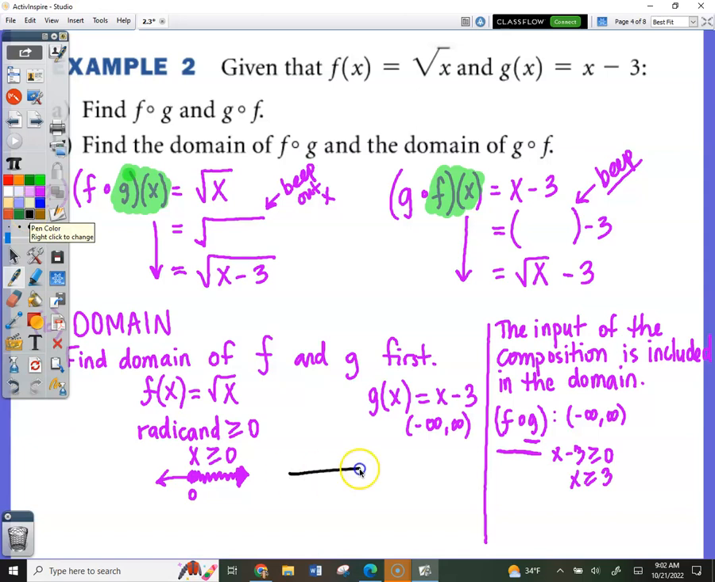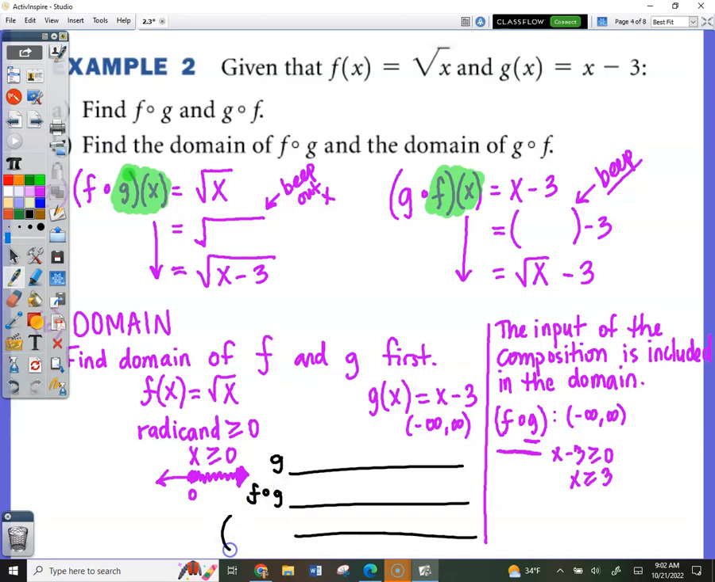let me change colors. 1, 2, 3. If I had 3 number lines, this one was g, this one was f of g, so this would be f of g of x, like my final answer, okay? The domain of g, what did we say, was all real numbers. The domain of f of g, we said is what? x is greater than or equal to 3, right? So then my answer for the domain of f of g